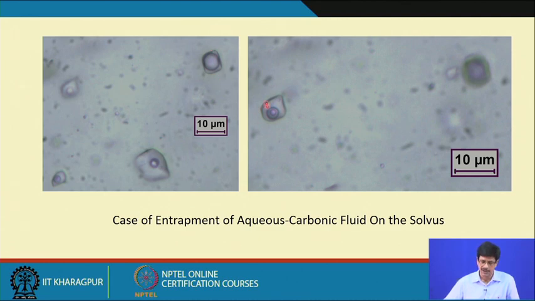Now, if we see these two, which are within the host crystal, occurring as a part of a random 3-dimensional network, you could clearly see that the proportion of carbon dioxide in this particular case is perceptibly more. Even taking the uncertainty of the third dimension into consideration, we can still say that this particular inclusion represents a higher proportion of carbon dioxide compared to the one which is here, which is occurring in a triphase condition. We can clearly see the liquid water, liquid carbon dioxide and the carbon dioxide vapor.